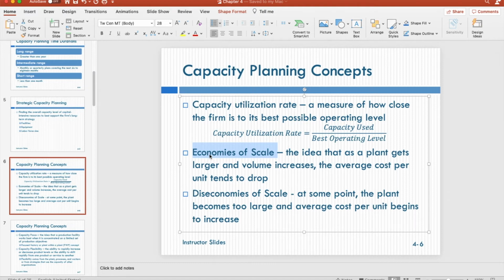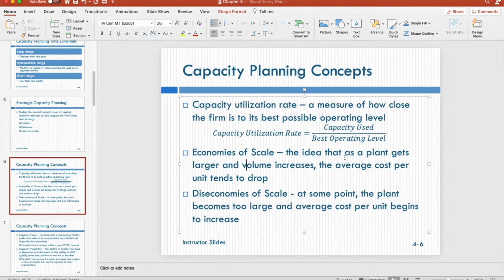One is called economies of scale. Another is called diseconomies of scale. Just looking at these two concepts, you can already imagine that the definitions of these two are just opposite. One is called economies of scale, another is called diseconomies of scale. Now, let's start from the economies of scale. What is the economies of scale? The economies of scale basically represents the idea that when your plant gets bigger and bigger, or larger and larger,